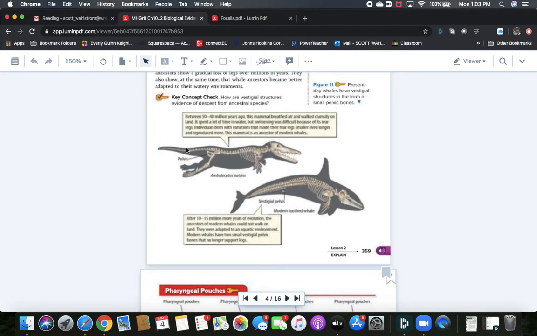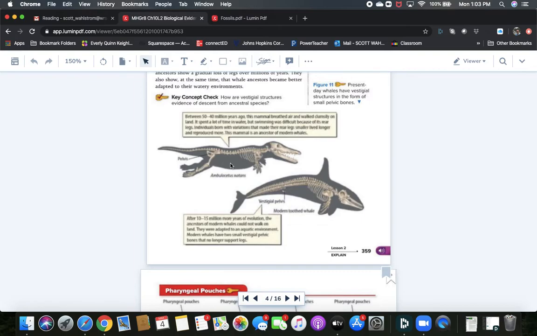We're given this diagram. The species is Ambulocetus notans. Ambulocetus is literally Latin for walking whale. I wonder why they called it walking whale. Between 50 and 60 million years ago,